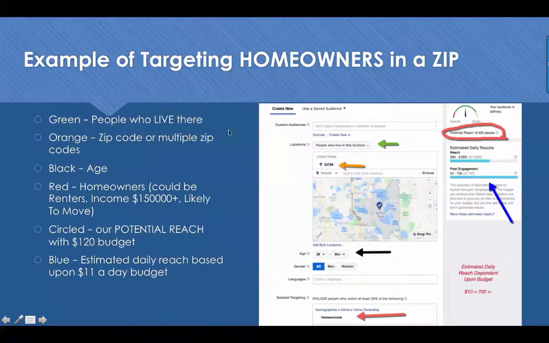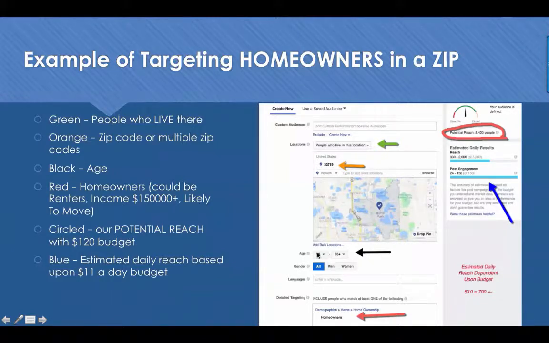So the first thing you're going to do with this green area, for a lot of your stuff, you're going to go after people who live in the location. That's going to take your audience, in this example, from 16,000 people to 8. Instead of people just driving through, you could start with zip code. Then the second thing you could do, it really doesn't matter. Just set that one up to people who live. Go ahead and put the zip code. Now I've got people that are on Facebook in this zip code, and I got rid of the people that just drive in for the day. I've got people that live in this high income zip code, okay?